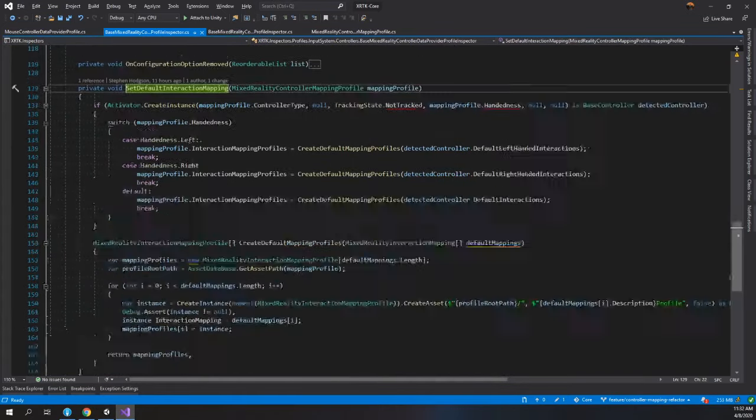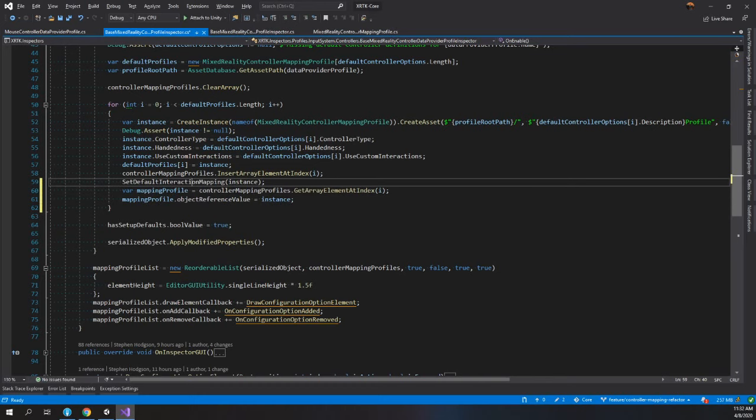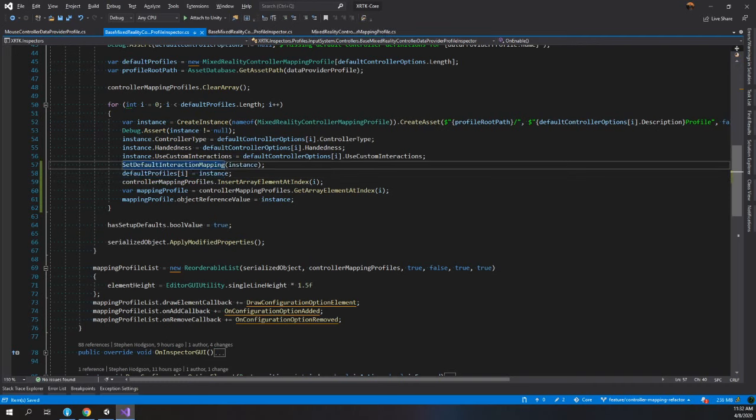So maybe that's part of the problem, that we do this after we set the object reference. But then we're also not serializing the data either. We could probably move this up a little bit. Let's do that here. So I'm going to move that up a couple lines, and then I also want to add